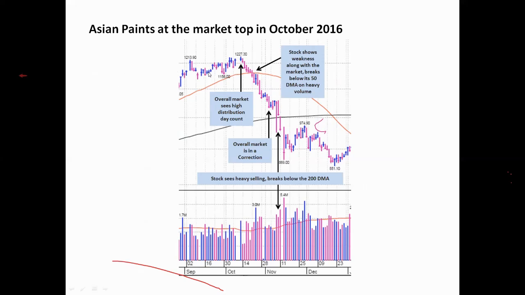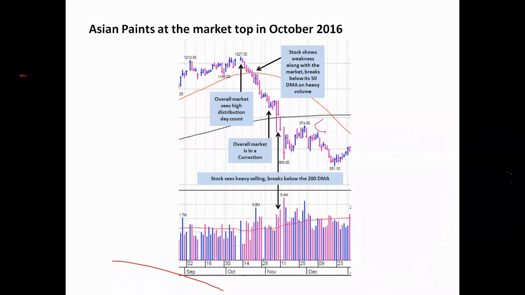Asian Paint is a market leader in the paint industry, and when the market was topping, this was the point where the distribution day count warranted a change in market direction. After this, the stock started showing weakness along with the Nifty, and it went into a downtrend. If you see these candles, suddenly the stock breached its 50 DMA. So during market correction, when stocks are breaching their 50 DMA, you will not find any kind of